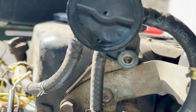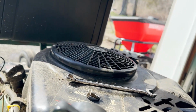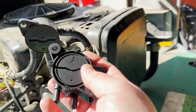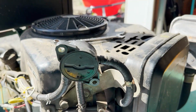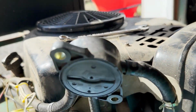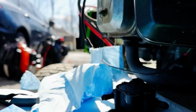So here's the replacement, and here's the new replacement. The hoses go in the same spot. Took a picture before and after. The one little 10mm bolt was in here holding this on, and then I loosened these clamps on each hose. So now it's just trying to pull it apart,